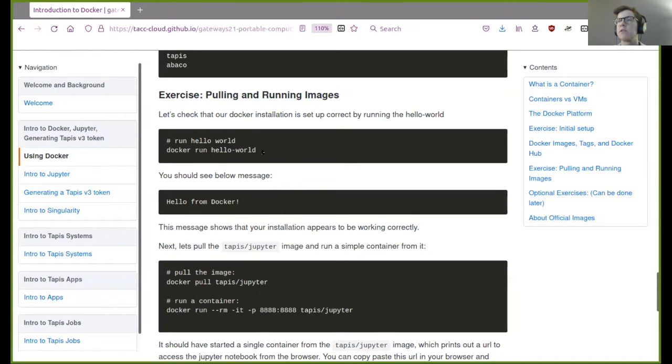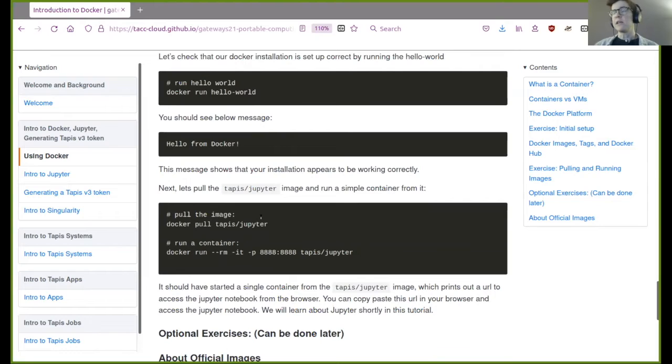Doing docker version might not be enough to know if it's going to be able to run something. Then we're going to practice by pulling the image that I just mentioned. All you need to do is type docker pull Tapas/Jupiter. Then you might have to wait for it to pull that. And then you can run it